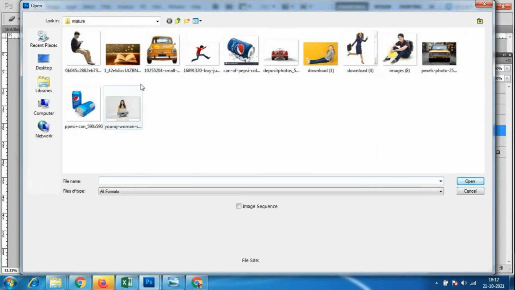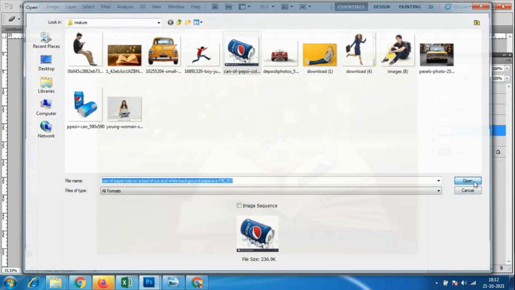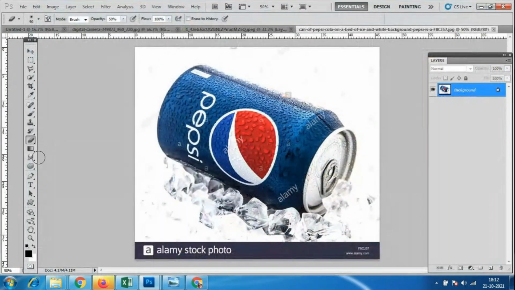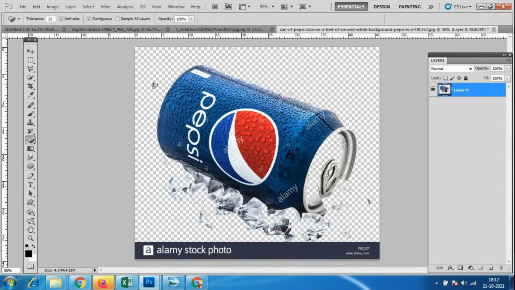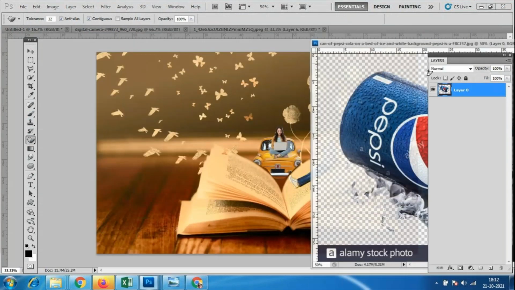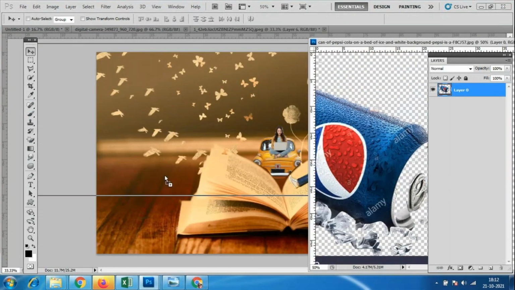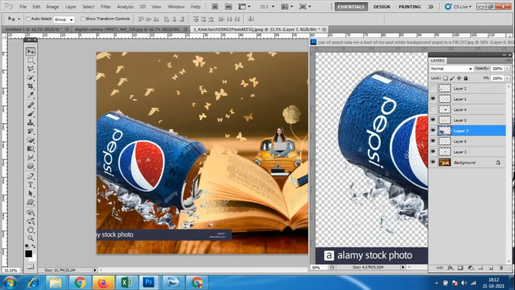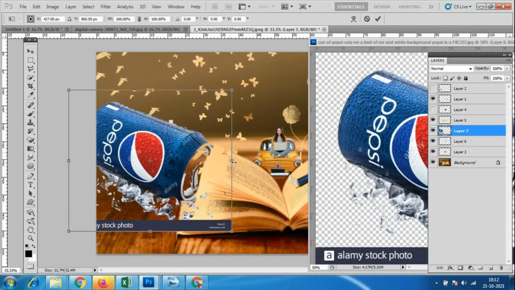Which is matching to this. See, now if I add this Pepsi bottle, maybe it will not match for the things we have taken. So let us see. Look here, we have this Pepsi bottle, Pepsi can over here.